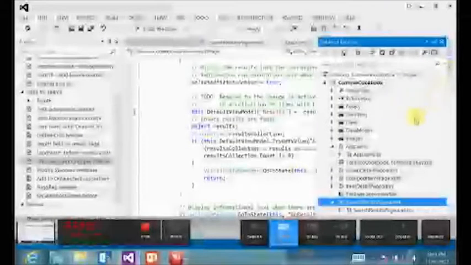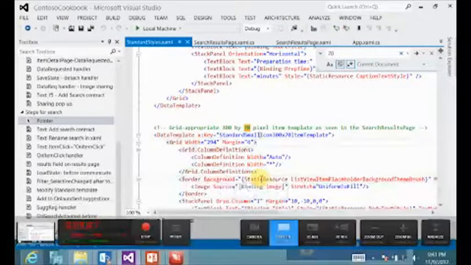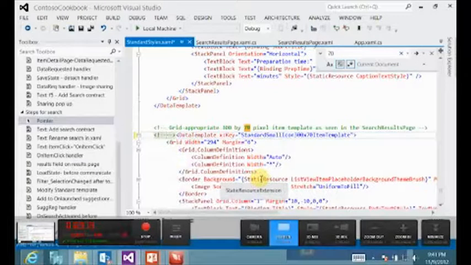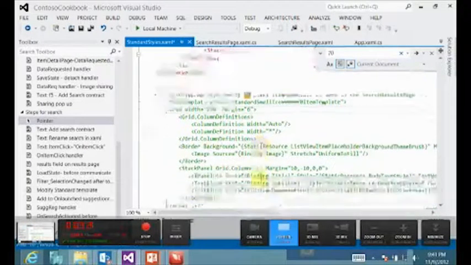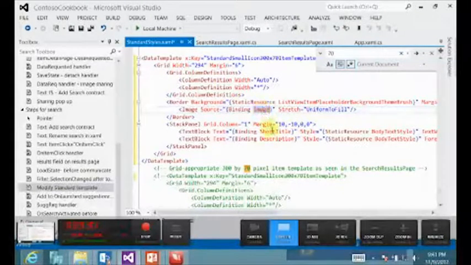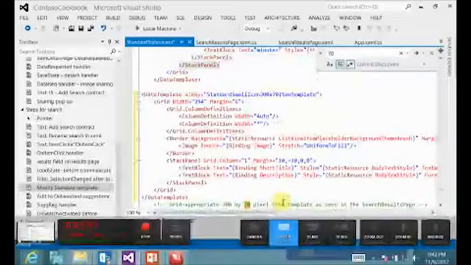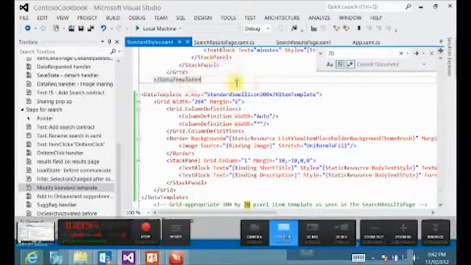And then I'm going to modify my standard style template. So Visual Studio adds by default a search result template for me. So I'm going to comment this out and add my own template. So you can see in my own template, I have an image and then I have a short title and description, whereas in the old template, we had image, title, subtitle, description, and some more modification I did in this particular template. So I have set my template, and the next thing I want to do is